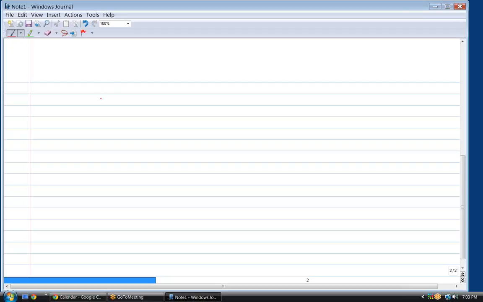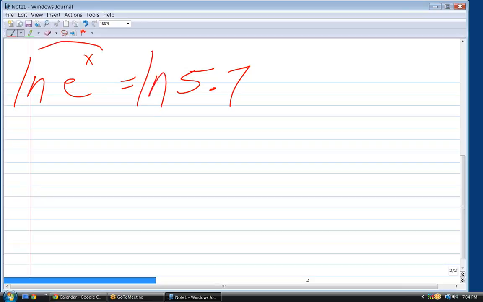e to the x equals 5.7. What's this? 3 to the x? e. e to the x. Okay. What would be a good log to take of both sides of this one? Natural log? Yeah, because if you take the natural log of the left, that also reduces immediately to x, because